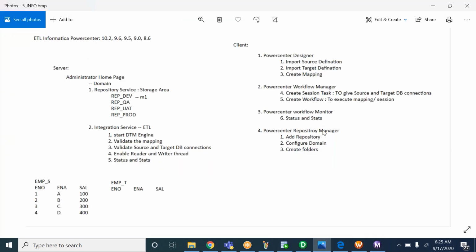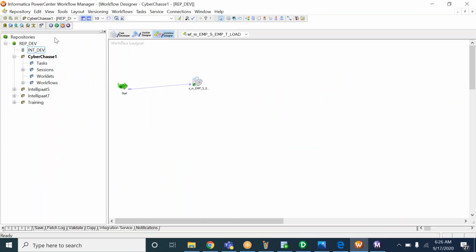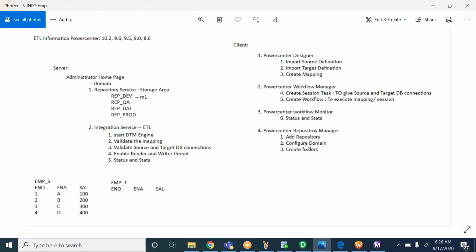Yeah, so that one, as I told, is an administrator tool. Once we add the repository, configure the domain, and create the folders, the repository and the folder will be there forever. In future, if you want to create any new repository, or any new folder under the same repository, then only we have to go to this repository manager tool.